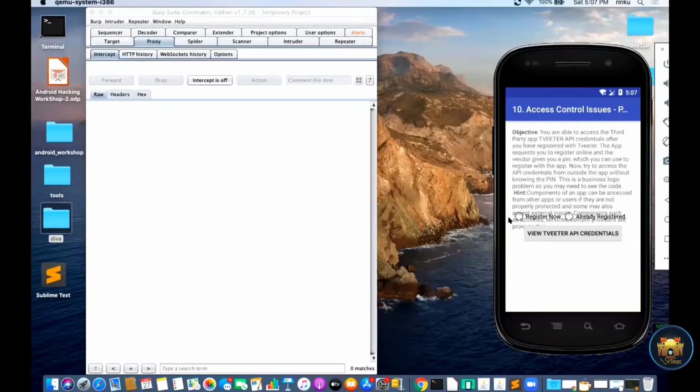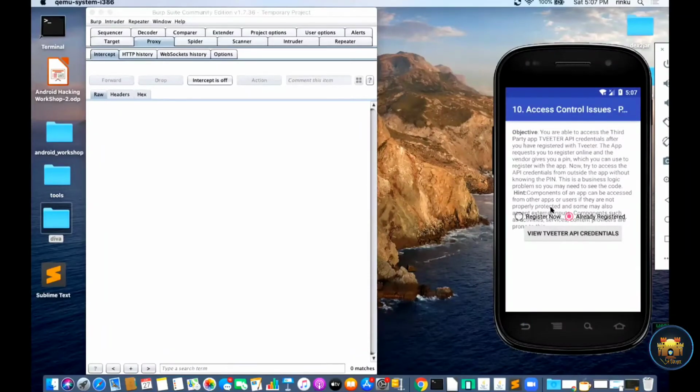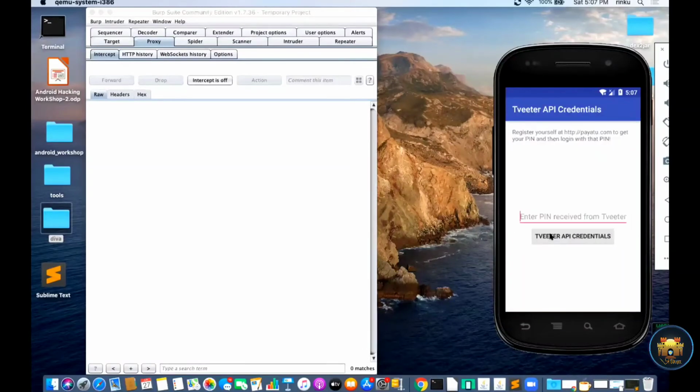If you already registered, then click on already registered. After clicking, you can view the credentials. Yeah, you can view all the details related to the API key, username, password. There is another functionality, register now. Check register now, then view Twitter API credentials.